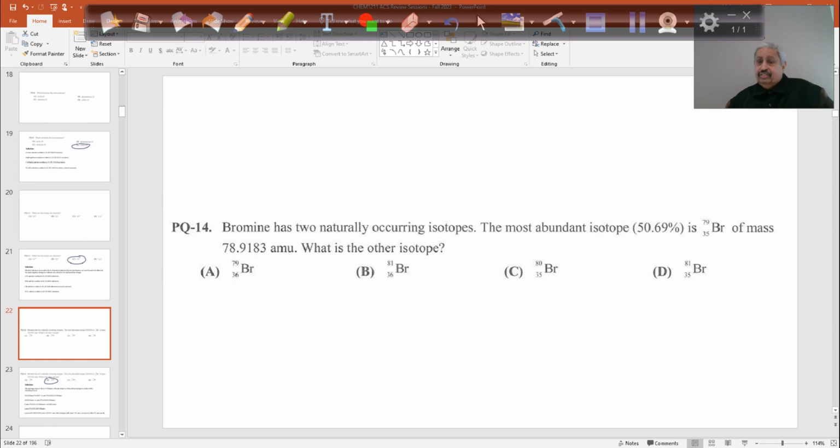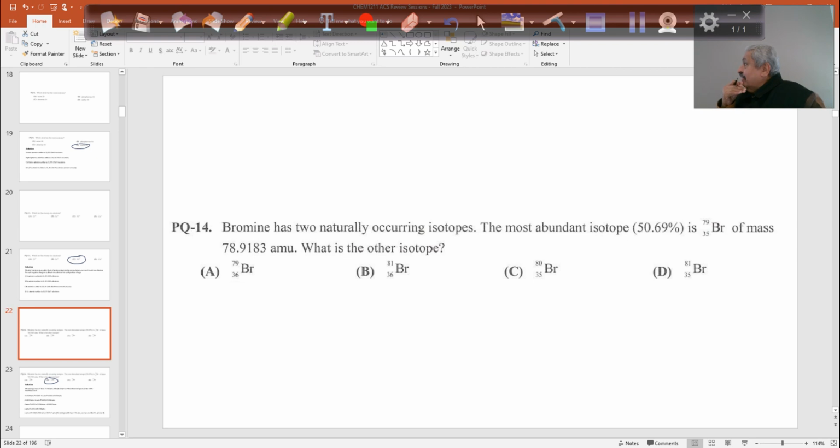Bromine has two naturally occurring isotopes. The most abundant isotope is 50.69%, which is bromine-79 with a mass of 79 amu. What is the other isotope? We have two isotopes, correct? What is the other isotope? Well,